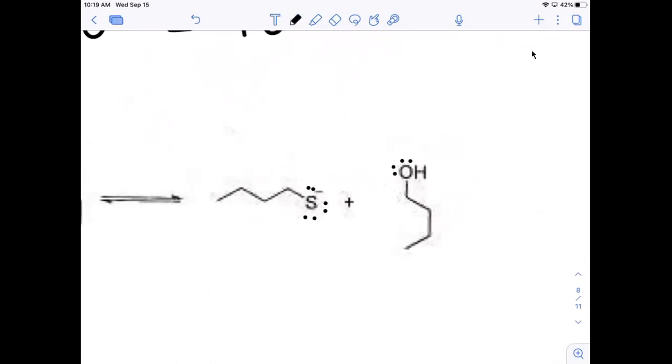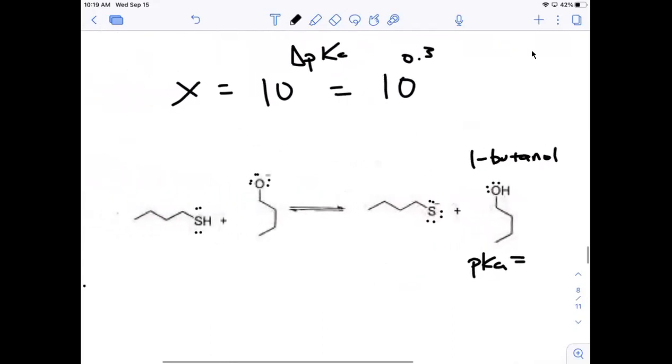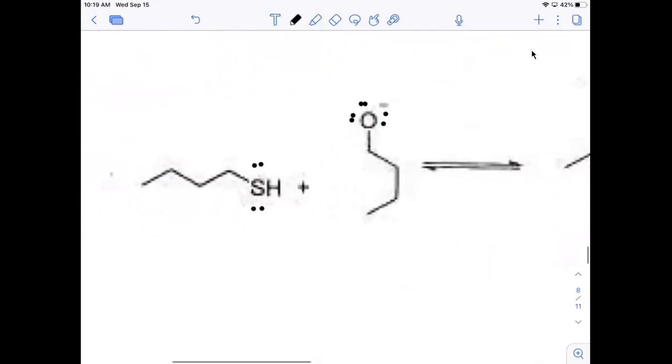So somebody look up the pKa for 1-butanol. It's 1 because the alcohol is on the first carbon, and butanol because there are 4 carbons in the chain, and all because it's an alcohol. So 1-butanol. And then somebody look up the pKa for